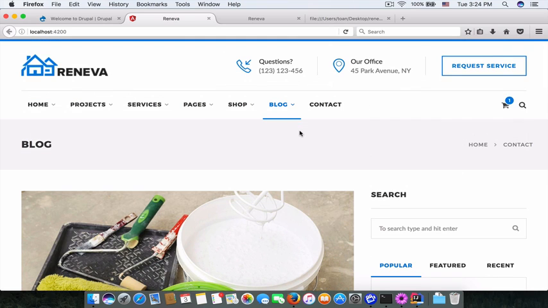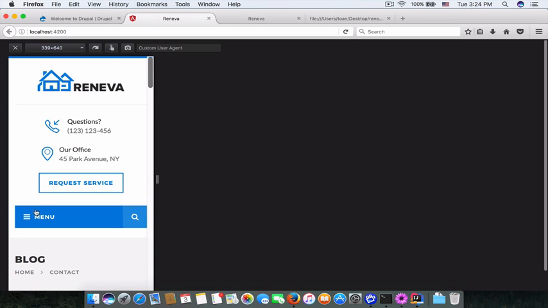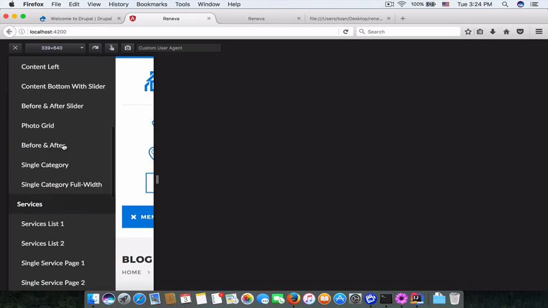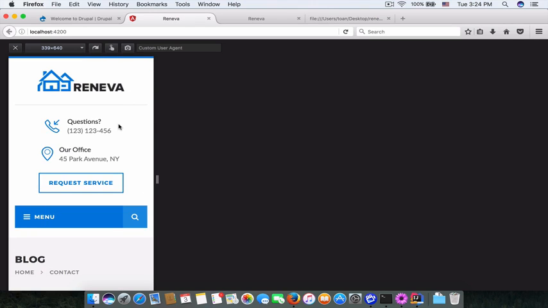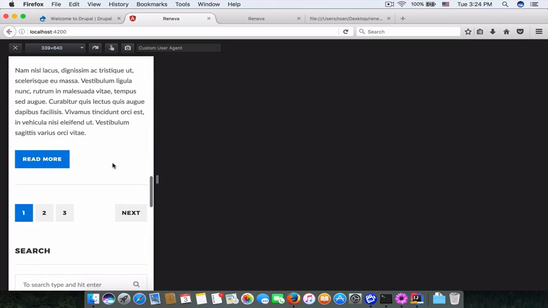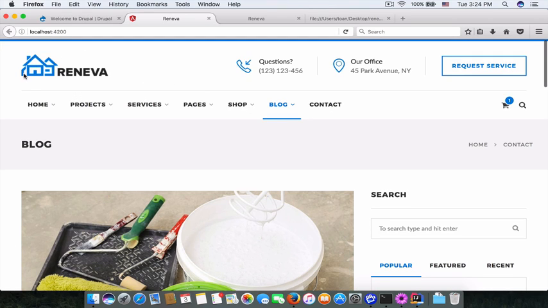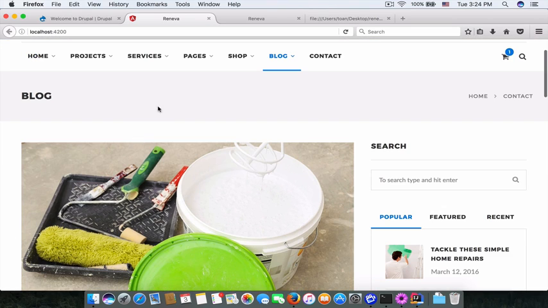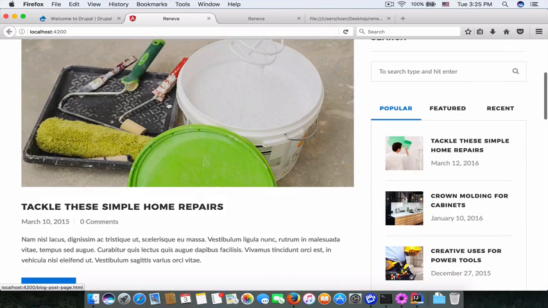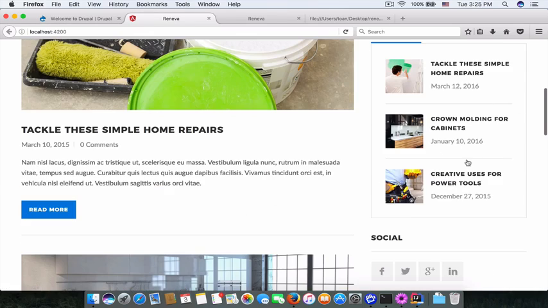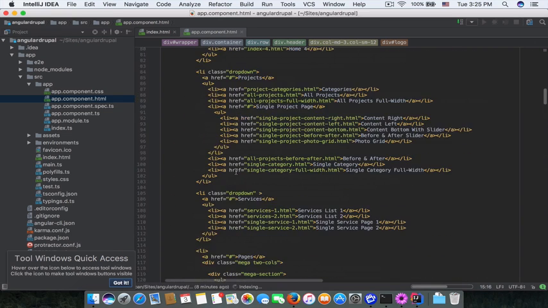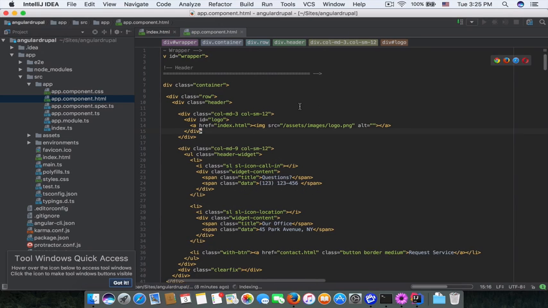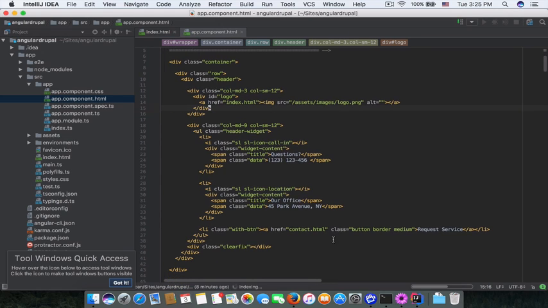And check on mobile. Okay, the menu also works. Cool. So we have a header and the title and the main content and the sidebar and also footer. So we need to make some refactoring with the header component, and